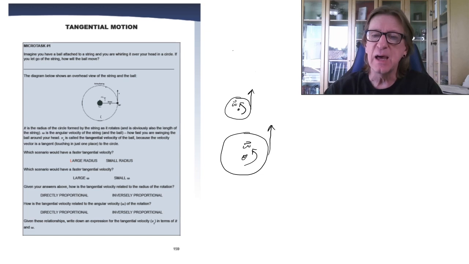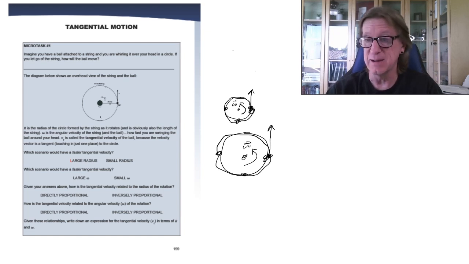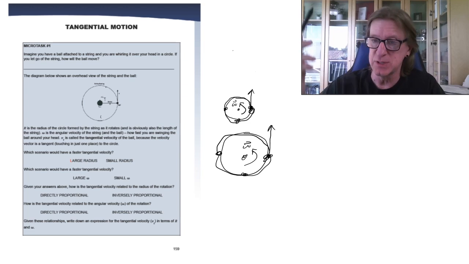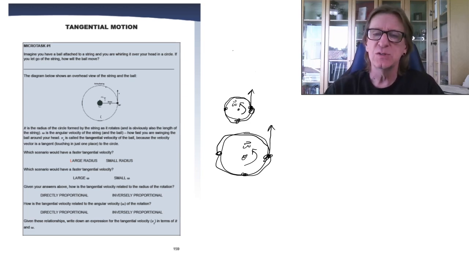That means that the rock or stone or ball or whatever I have here, when it reaches here, this one also has to reach over here. When this stone reaches here, this one also has to reach here. When it reaches back all the way to the beginning, this one hits at exactly the same time. If that were not true, they wouldn't have the same angular velocity. Remember, angular velocity is the number of revolutions per second, for example, or radians per second, degrees per second. So they have to make that path in the same amount of time,